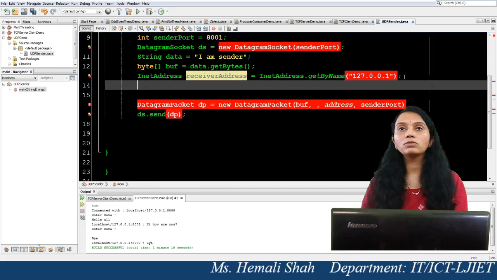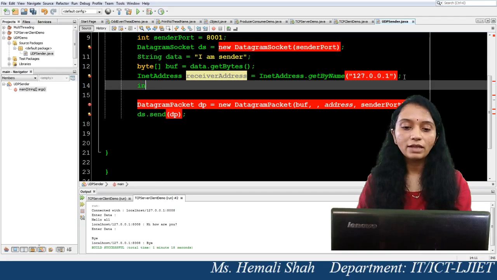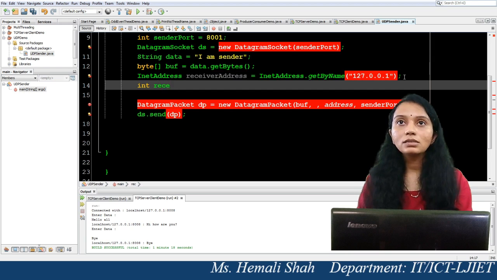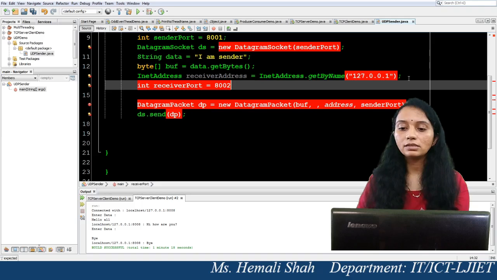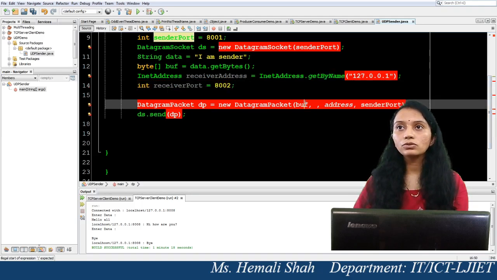Now after making the object of InetAddress, you need to specify the integer receiver's port number. So the receiver's program I will start on 8002, say for example. So here this receiver's port number I have to store.